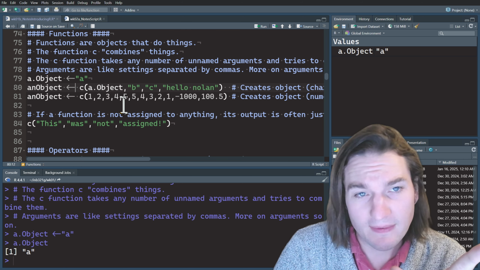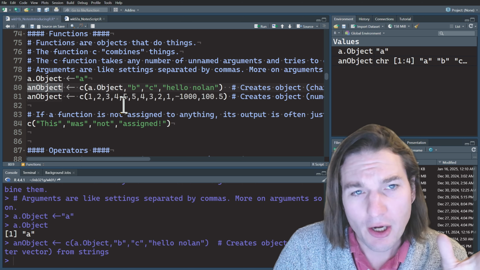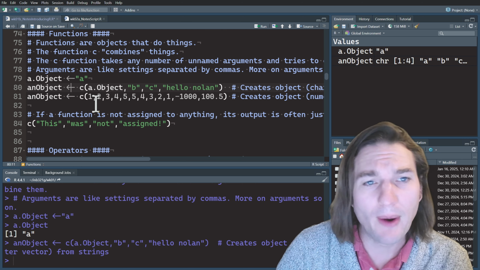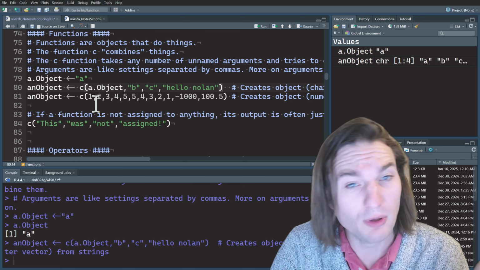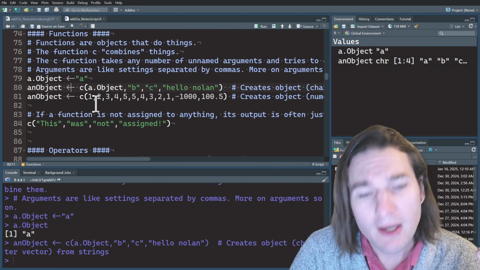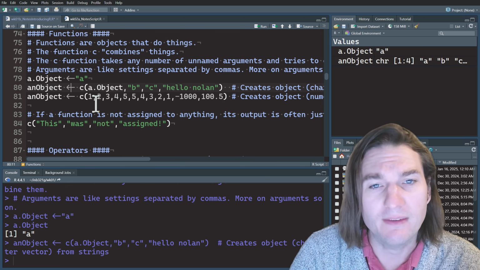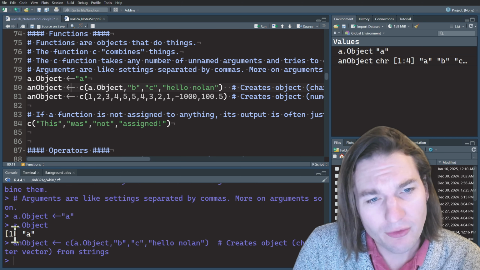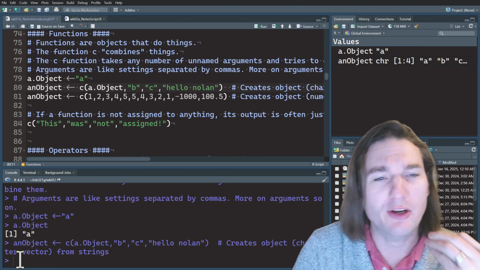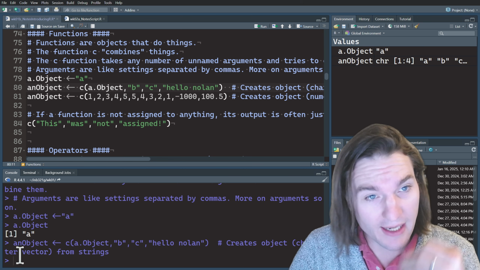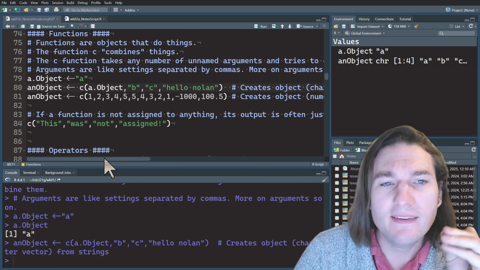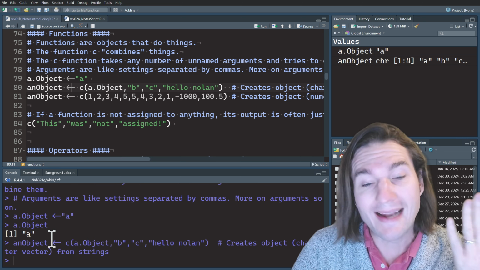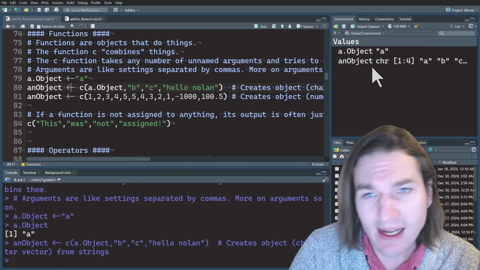When I then run this, the code completes. So what I did is I put my cursor really anywhere on this line. I pressed Control Enter because I'm on a Windows system, but a Command Enter on a Mac system would work as well. When I did that, that code got sent down to this bottom section. This is where you're actually communicating with R, not RStudio, and sending it to the programming language to start to do things. When I did that, it created an object,